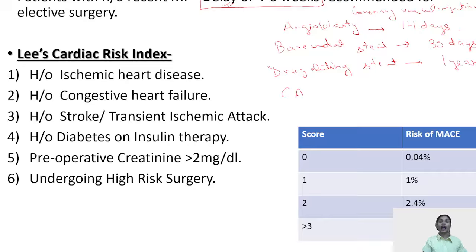then the surgery has to be delayed for around 1 year. And if the patient had undergone CABG, then at least for 3 months, the surgery has to be delayed. I repeat because this duration of time is very important. If the patient had undergone an angioplasty, then 14 days is the recommended time. Any elective surgery has to be delayed. If the patient has a bare metal stent, then 30 days, drug-eluting stent 1 year, and CABG is 3